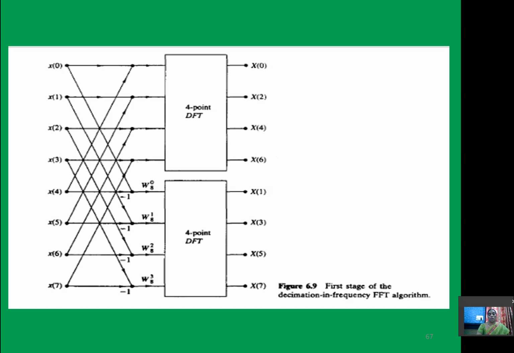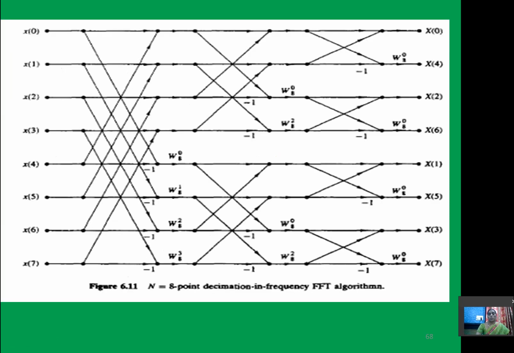If you repeat the procedure until you reach the 1-point DFT,